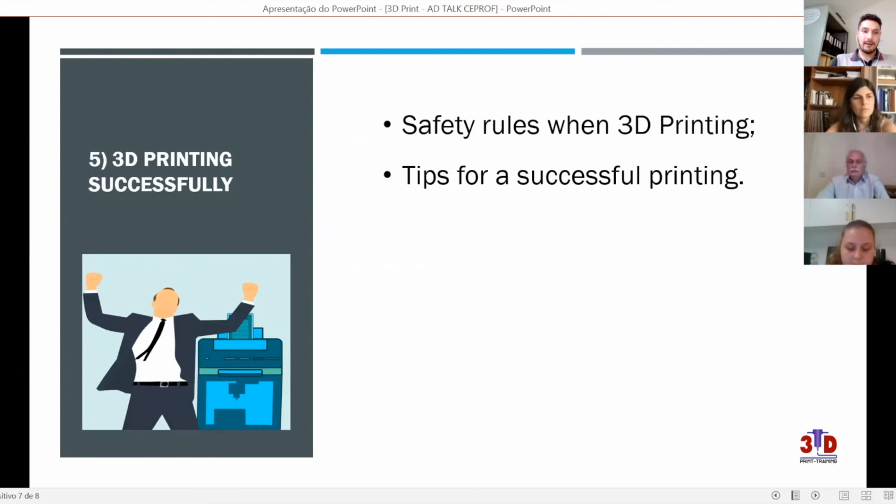And for the last unit, 3D printing successfully, we will make some recommendations, some safety rules